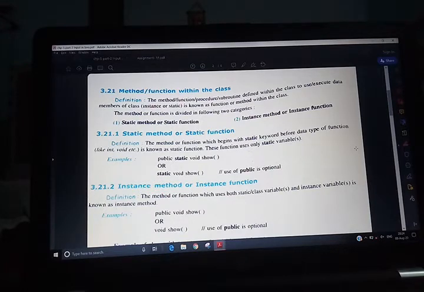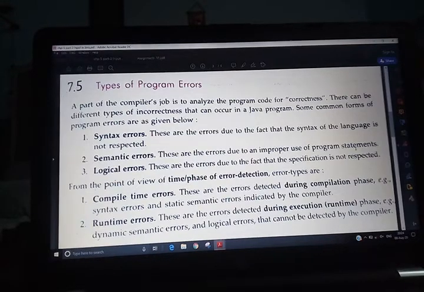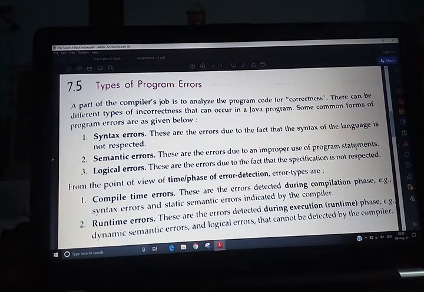After this, the next is types of program error. There are so many types of errors.